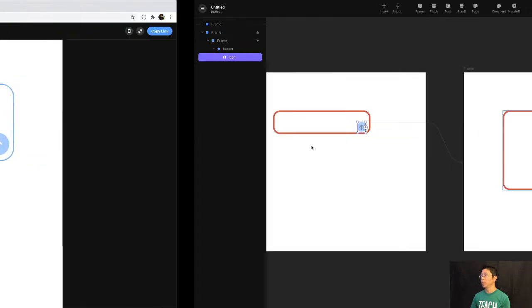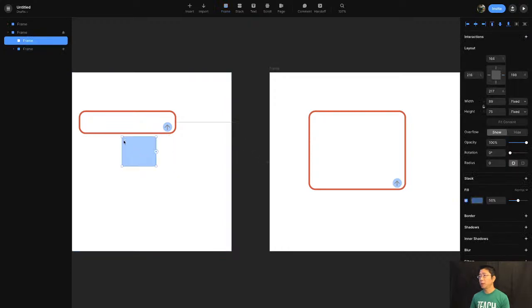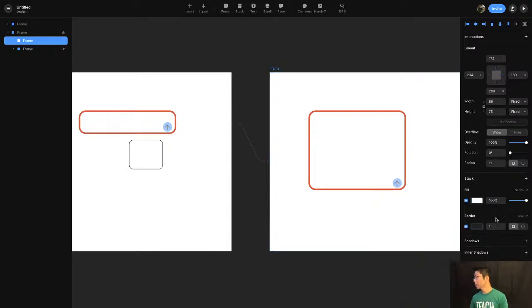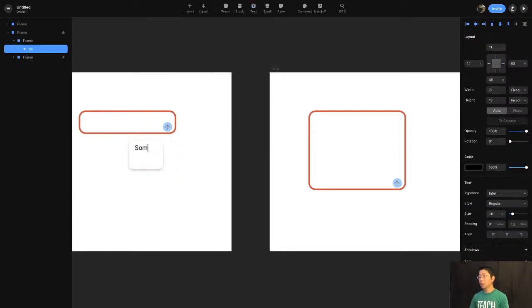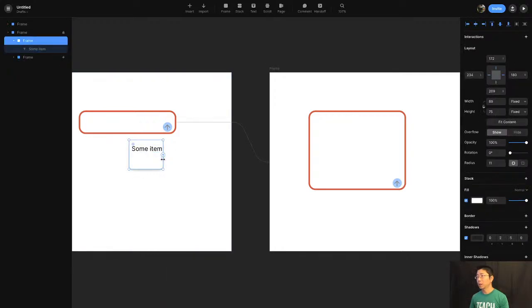You can create another frame, and add a shadow, and then we have some item there. I won't try to type the correct thing because of the timing constraint, but the idea is that,